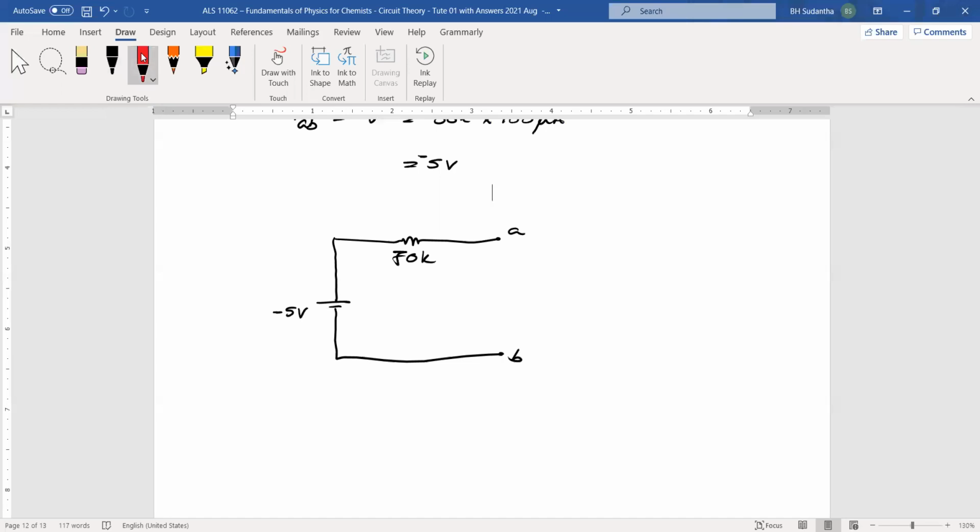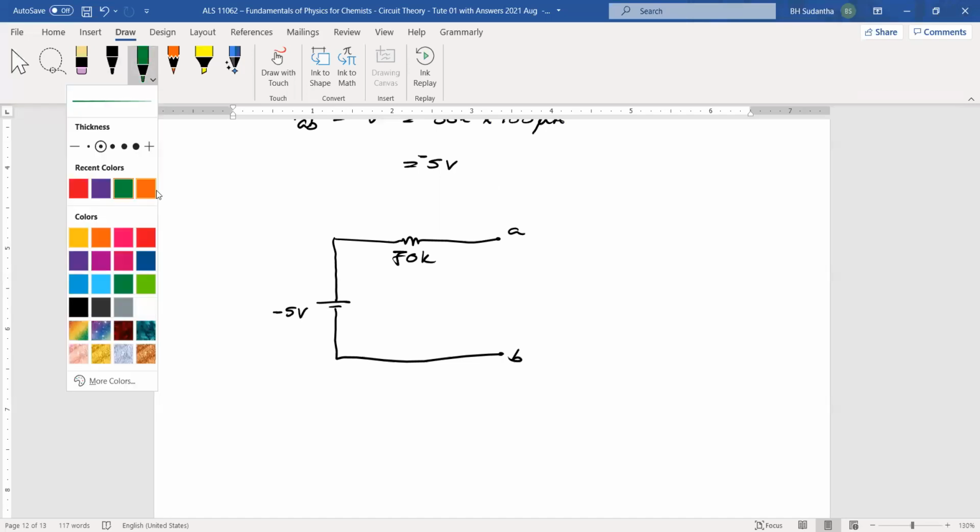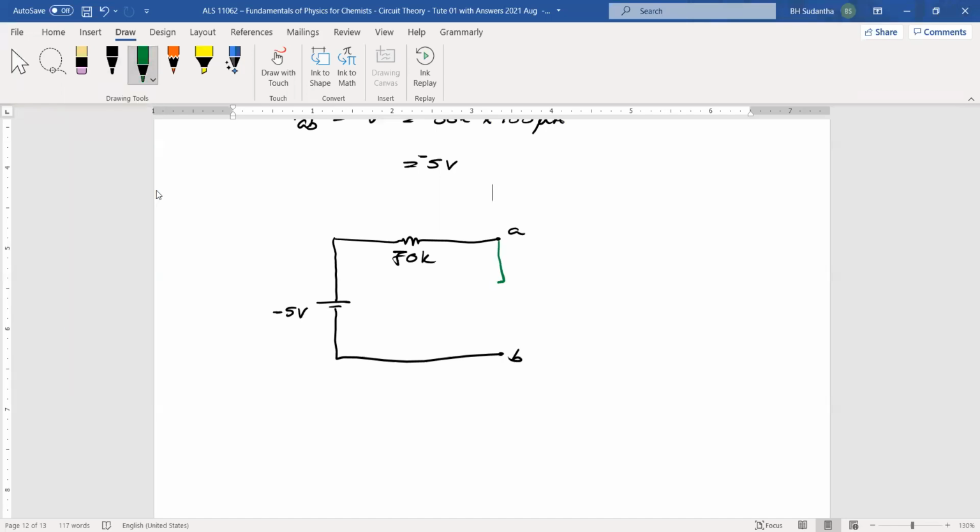The removed one is 180K. And we can find current through it, that is IL. IL equals minus 5 volts divided by